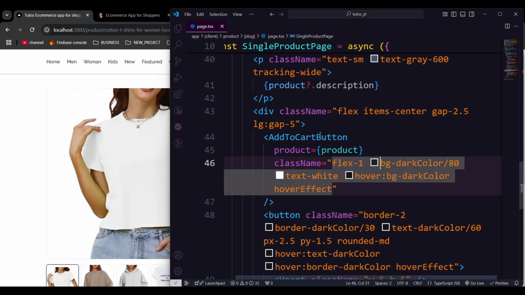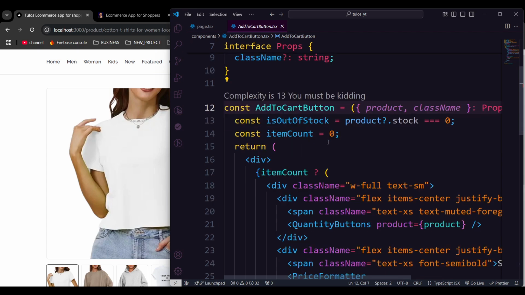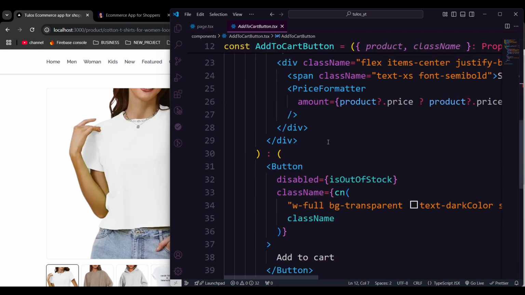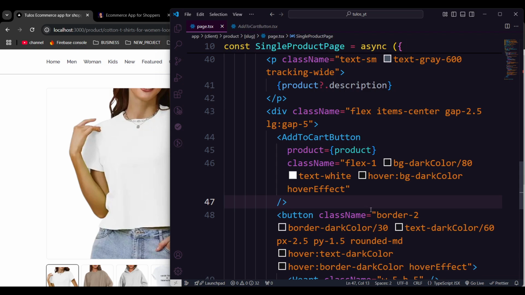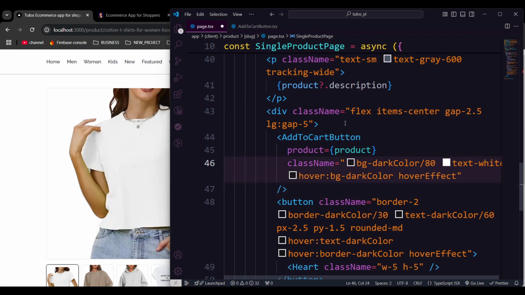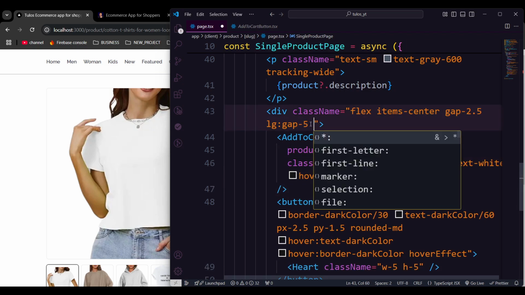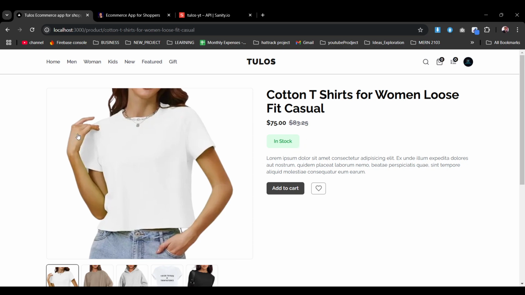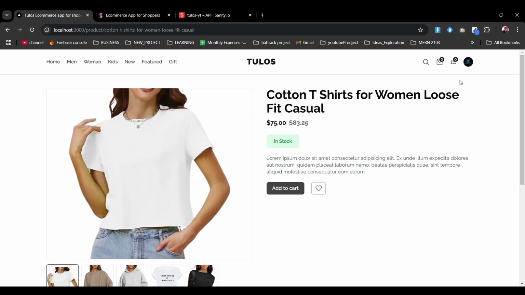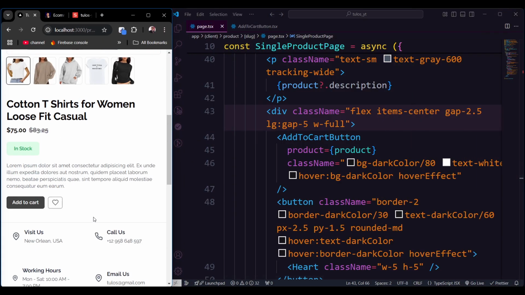I think, did we pass that add to cart button the class name? We pass the class name at the button, so it should take the full properties, right? I think what we missed here is that we didn't provide the width full flag here, so it cannot take the full properties. Maybe if we go here,